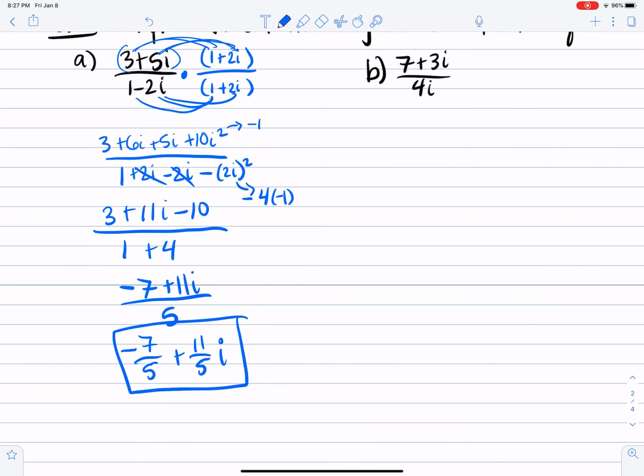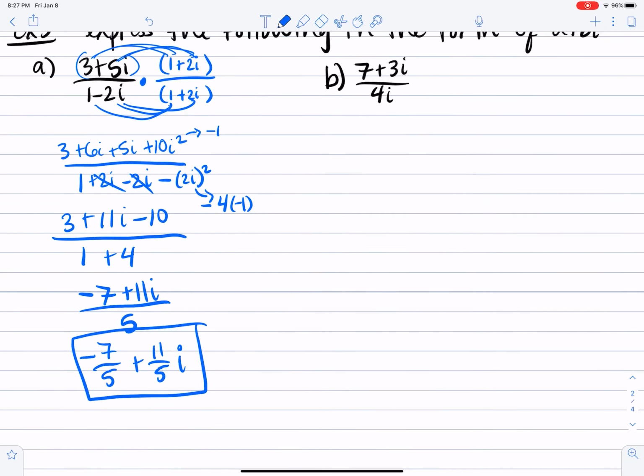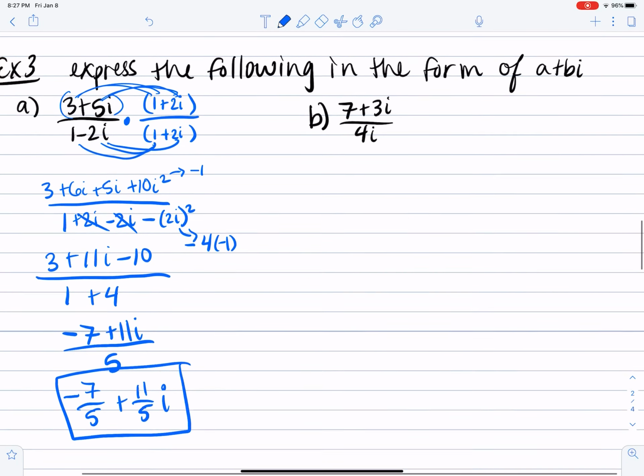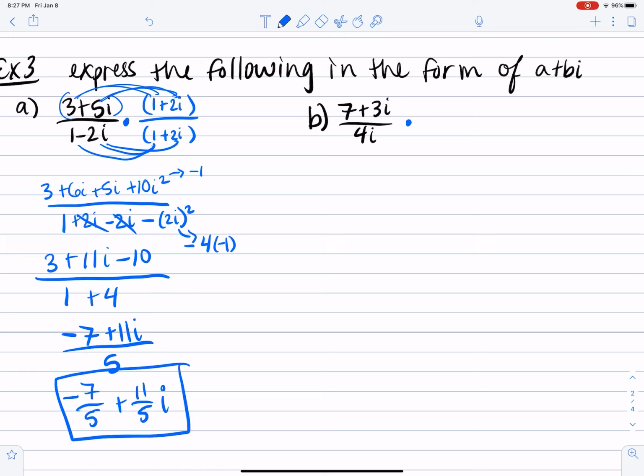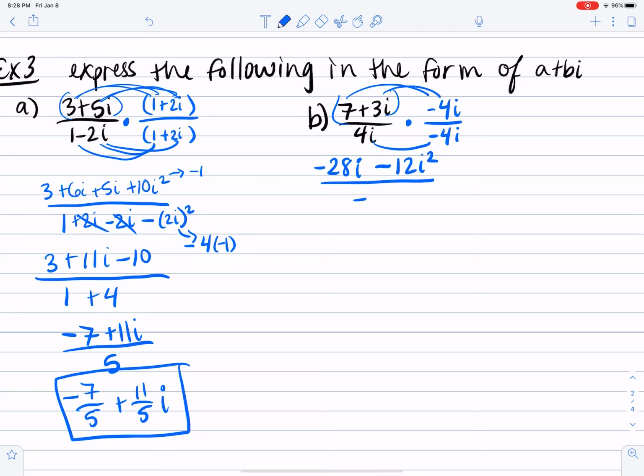You want to break it down into that because it's asking for two different terms. Then B over here, we're going to do the same thing. We're going to multiply by its complex conjugate. Remember, we did this one above. We want the complex conjugate of 4i, which is negative 4i. Then the top, we just multiply both of these things times negative 4i, and we get negative 28i minus 12i squared. And on the bottom, we get a negative times a positive 4, which is negative 16,